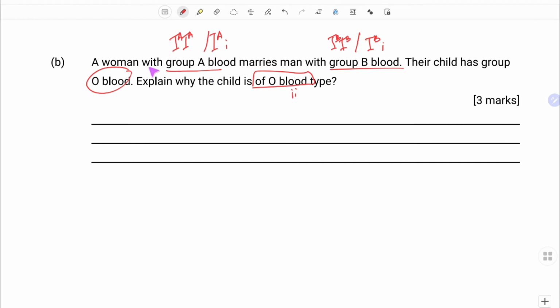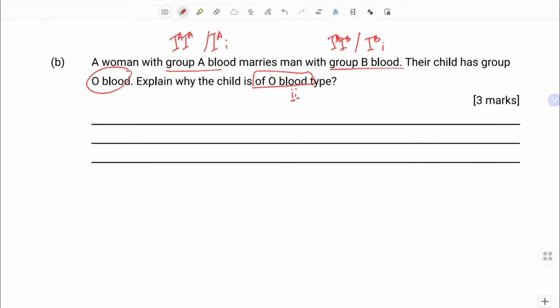So kena cakap, this means that the woman is heterozygous, which is I^A i for the A blood type. And the man is also heterozygous, which is I^B i blood type. So tulis genotype ini. So this is the woman, this is the man. Okay, so based on the genotype of the parent, so kita akan dapat anak blood group O because each of